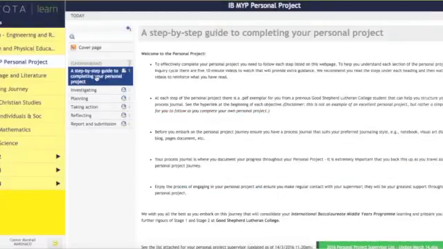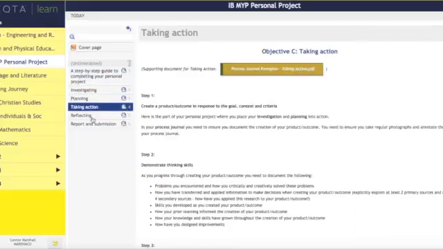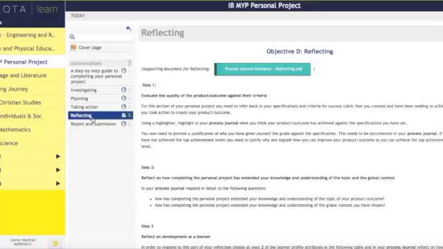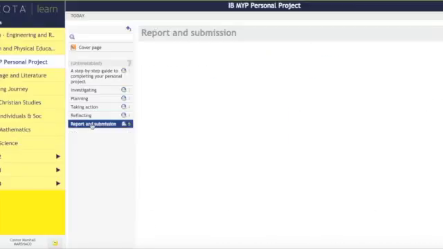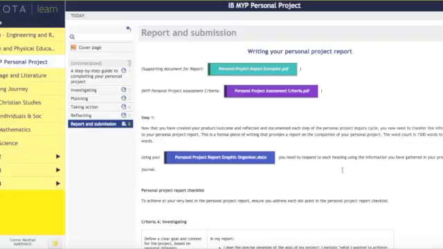And you'll see our cover page, the step-by-step guide to personal project completion: investigating, planning, taking action, reflection. You should have by now worked through all of these steps, and it should be documented in your process journal as you have developed your actual product. So you come to this last one, report and submission, and you'll see here that I've created a personal project